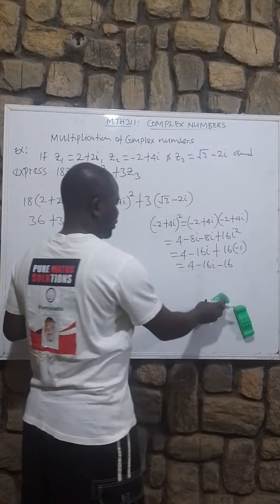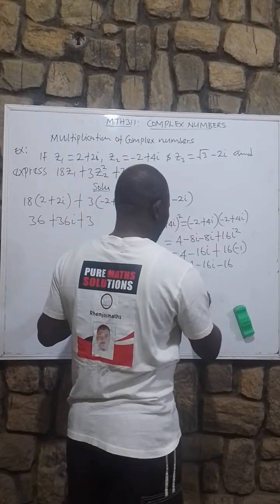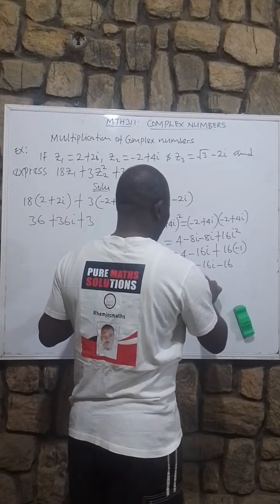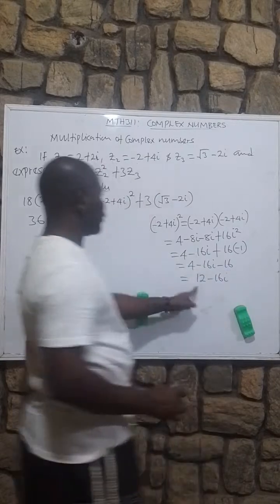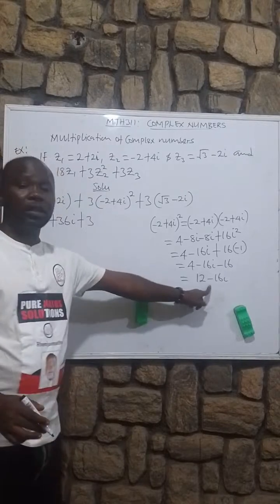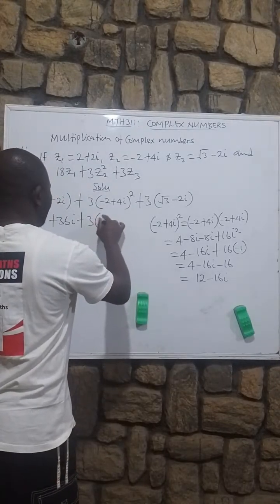Then when we collect like terms, we are supposed to have minus 12 minus 16i. Two of us. This will give us this answer. So here is supposed to be minus 12 minus